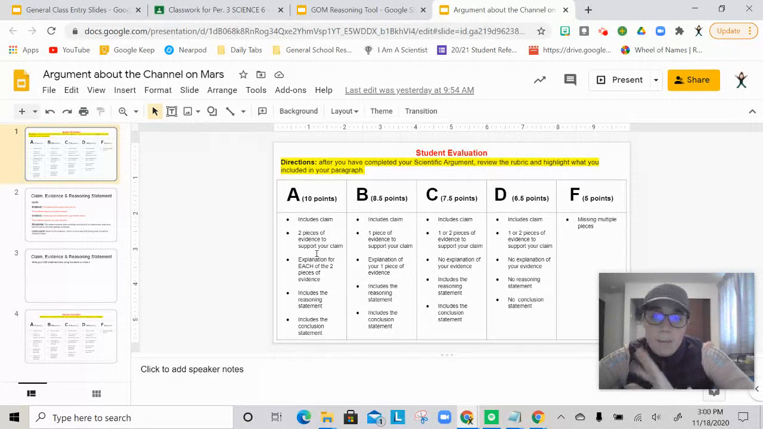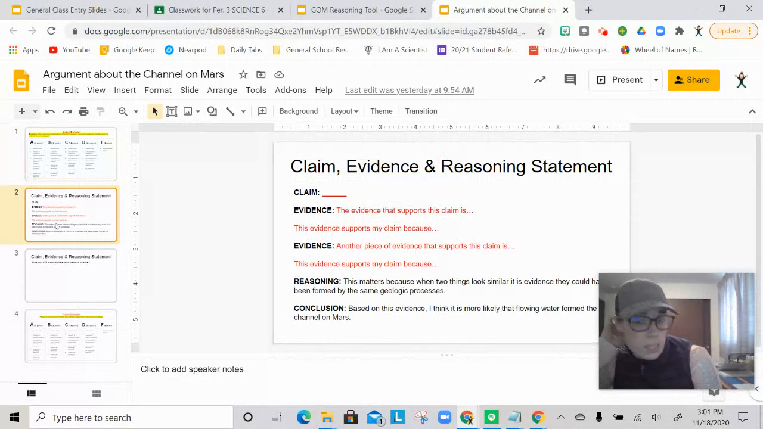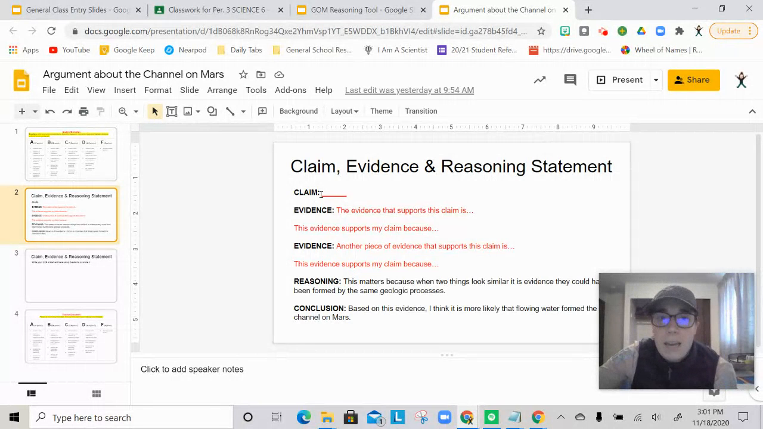So no matter if you're aiming for the A or the B, you need those 5 things in your CER, your scientific argument, in order to earn an A or a B. The only difference is how many pieces of evidence you include. That's your rubric. Here are your sentence stems. So remember, we said on slide 2, you have the claim, and I left it blank because you're writing your own claim statement. Remember, we talked about no matter how you write your claim statement, you're arguing for flowing water